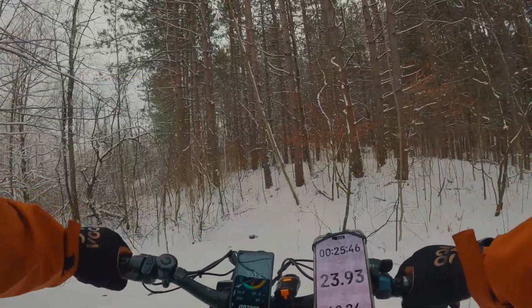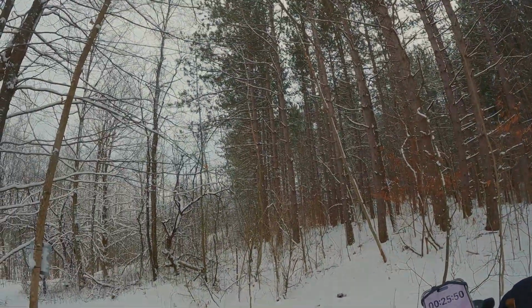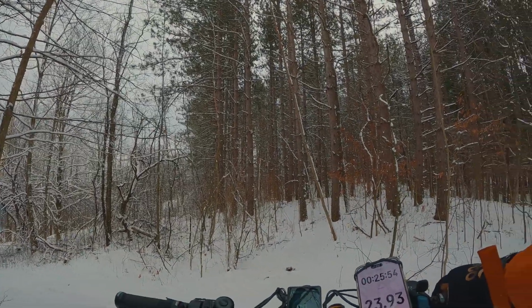Okay, where to now? I know the trails get pretty gnarly going down that way, like really gnarly, so I think